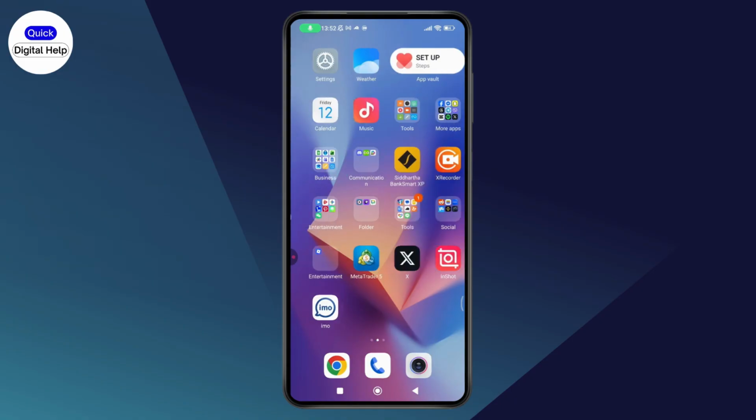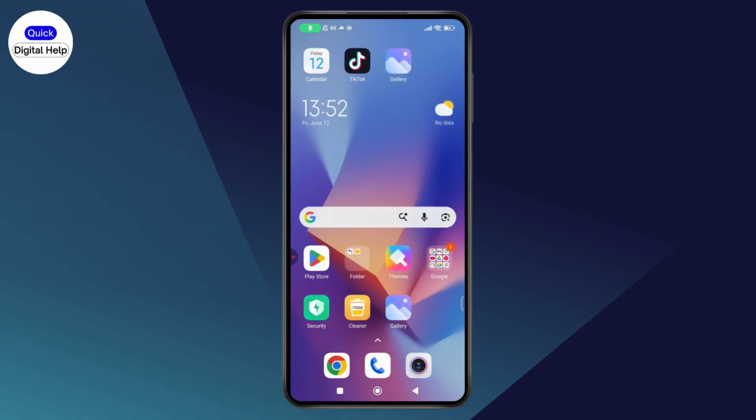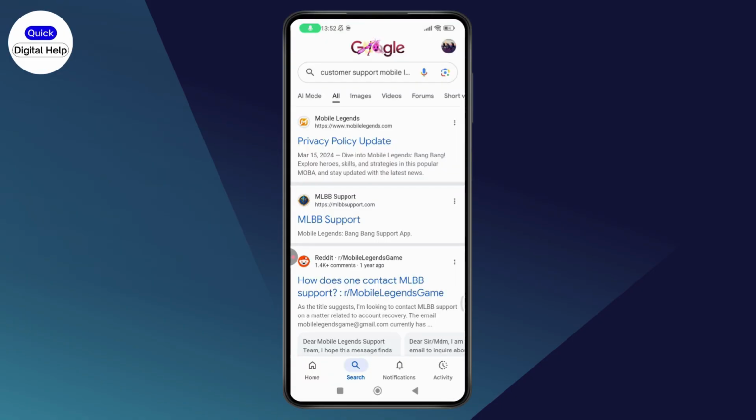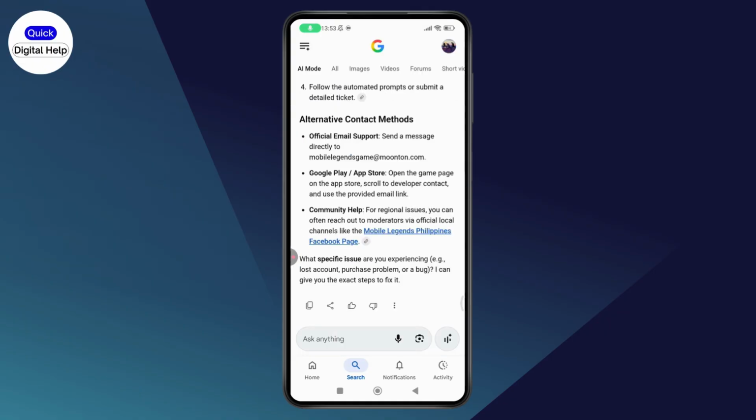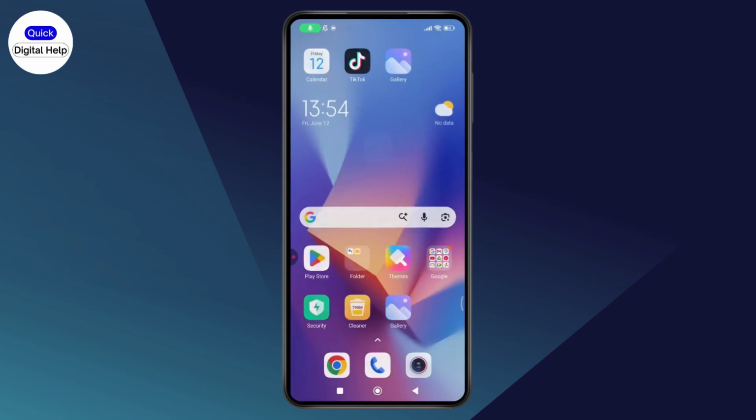After that, you need to open up your browser or any Google app that you're comfortable with, and then search for customer support in your Mobile Legends. If you don't have an account, then you can also go with the email section. Go with the email support, which is mobilegegendsgame@moontoon.com. Or you can also go with your Google Play or your App Store and open the game page on your App Store and scroll to the developer contact and use the provided email link, which is, for example,